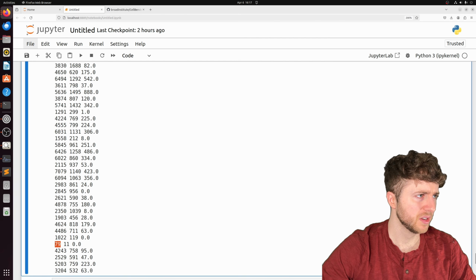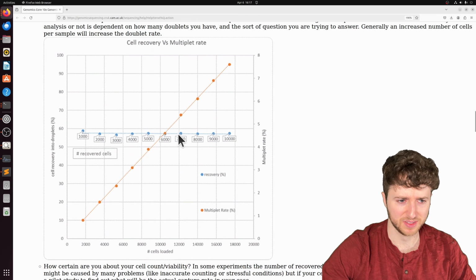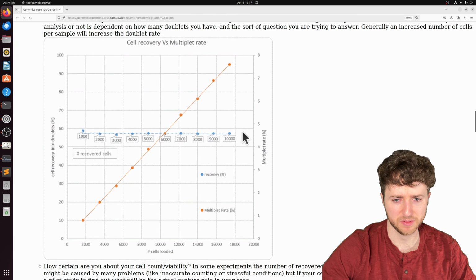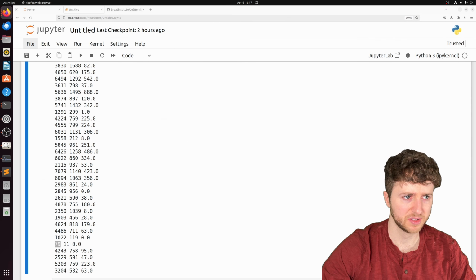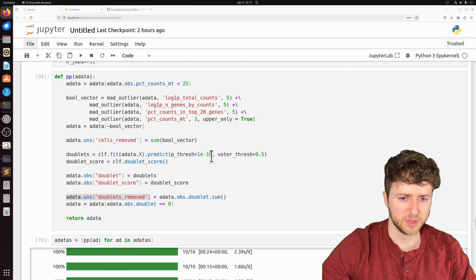But anyway, for the number of doublets we expect, I don't know if you can see this low-res image, but for around 5,000-ish cells, we expect a doublet rate of around 4.5%. So when you see 0 cells, that is a little concerning. I am going to drop this value.